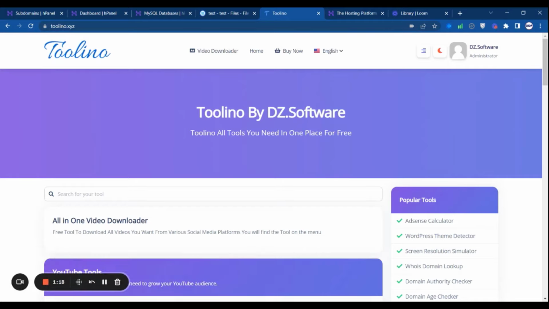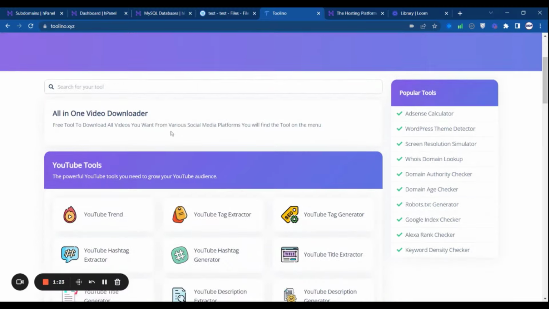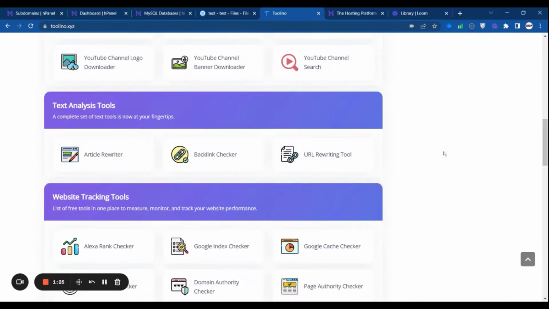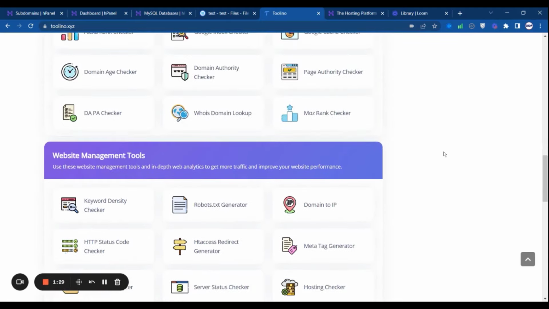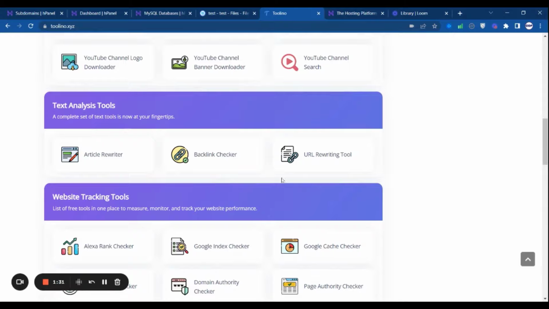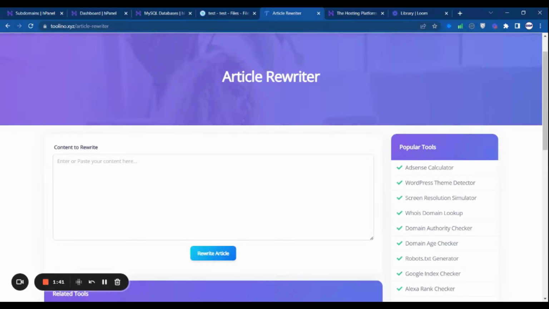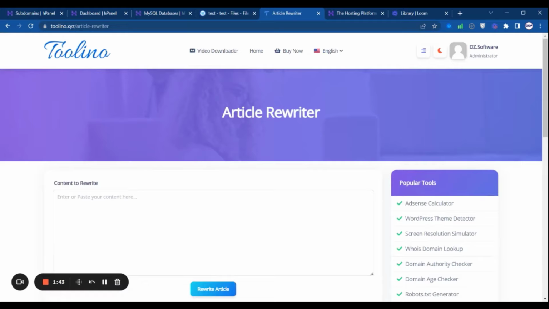So really quickly, here I will explain to you. Torino.xyz is a website that offers all these tools for free. Most of these tools are paid tools on other websites. For example, if you go to Article Reverter and click on it, inside this page,